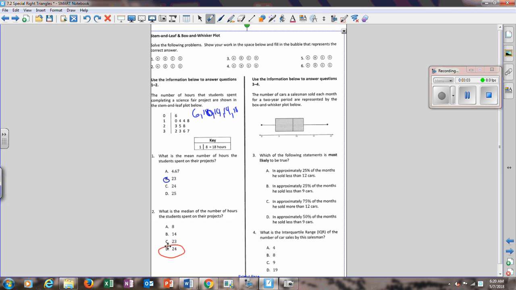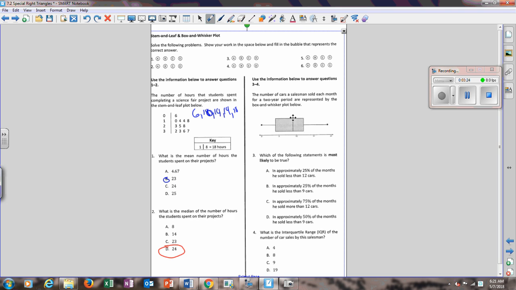Okay, let's look at questions 3 and 4. The number of cars a salesman sold each month for a 2-year period are represented by the box and whisker plot below. Which of the following statements is most likely to be true? So box and whisker plot. Let's just review what this means. If you look at a box and whisker plot,